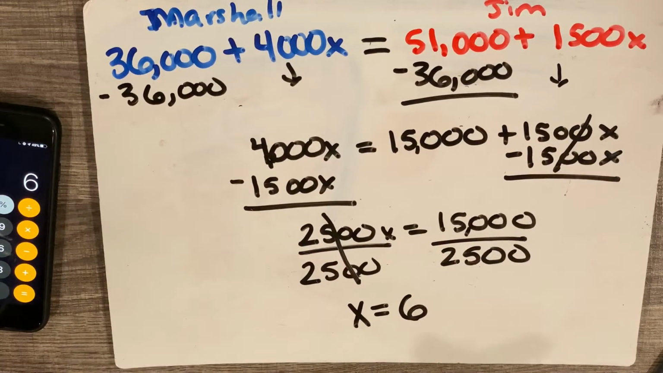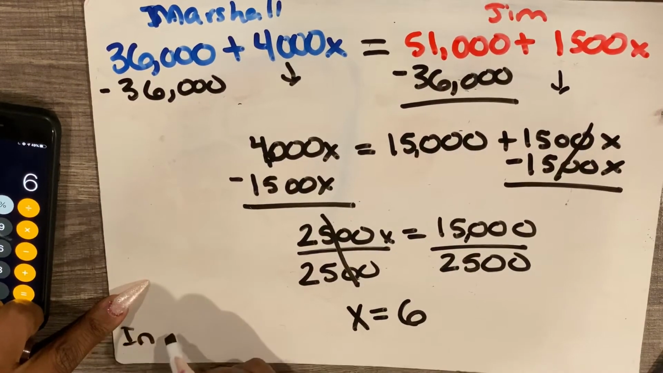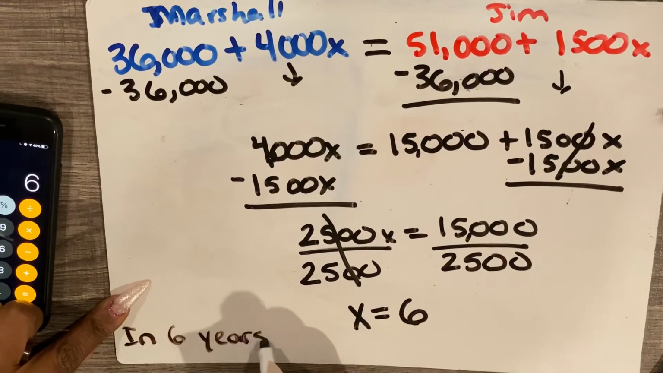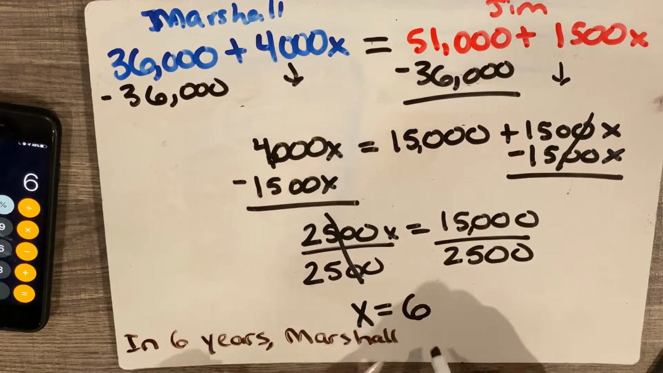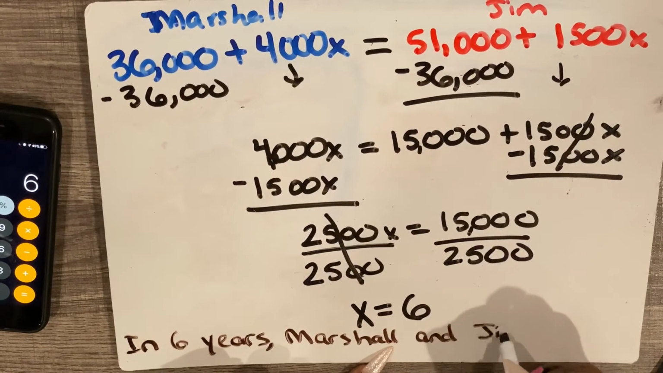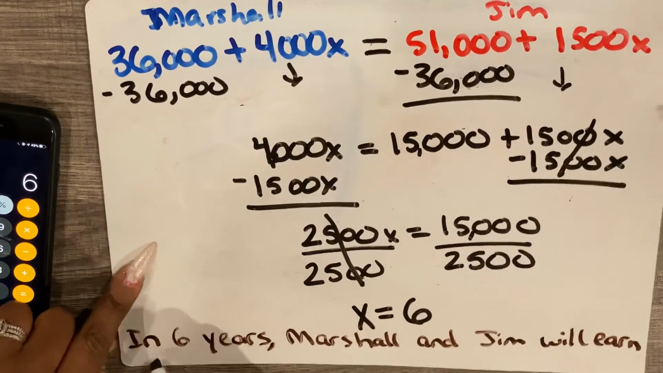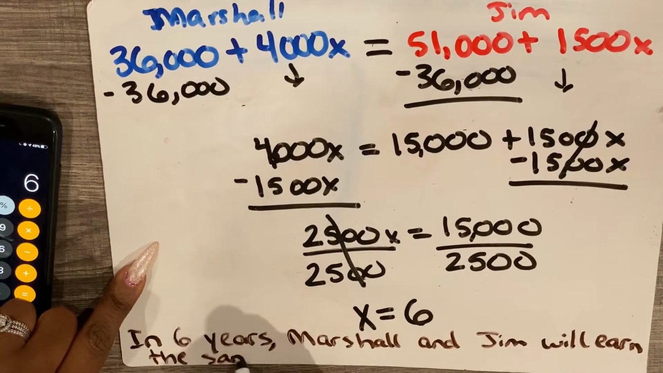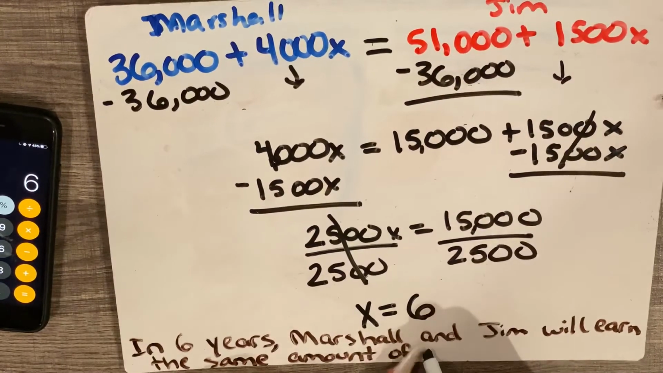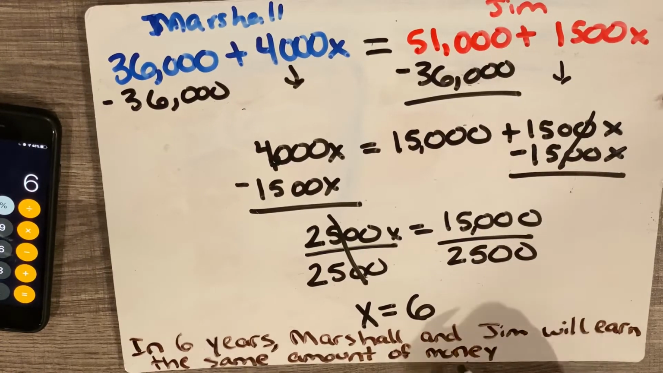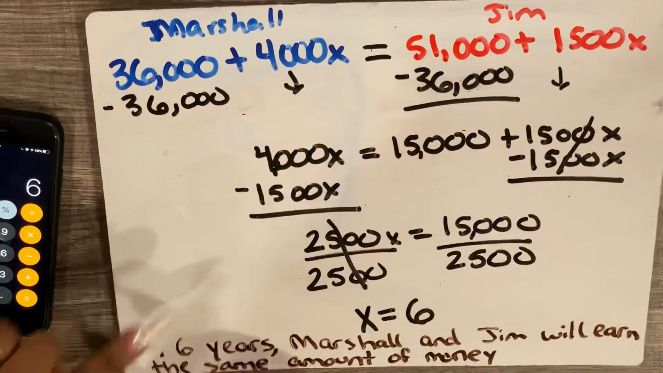In 6 years, let's see if I can write it small enough. In 6 years, Marshall and Jim will earn the same amount of money. So actually I would say at 6 years. So not really in, it's more like at. Because what's going to happen is,